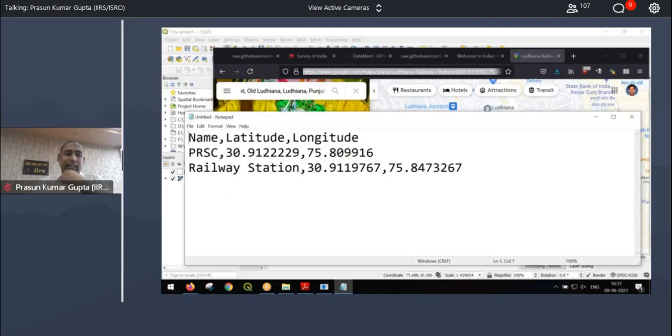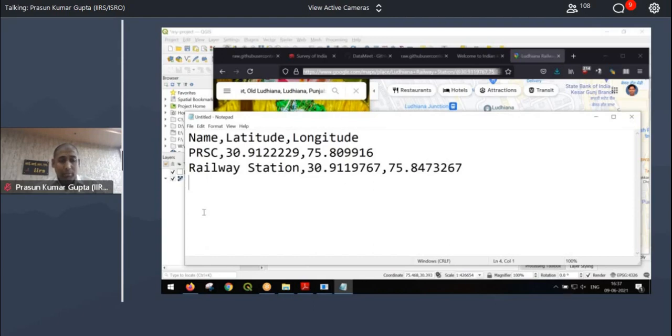I have my header. This is my header row. I can have multiple attributes. Right now I'm taking only one attribute, that is name, lat and long. Okay. You are in the agriculture department. You want to find out all the agricultural assets. Forest department, you want to create a map of the rest houses. You want to create a map of colleges, hospitals, schools. Just write the name of your school or the name of the schools and the latitude and longitude as different rows.